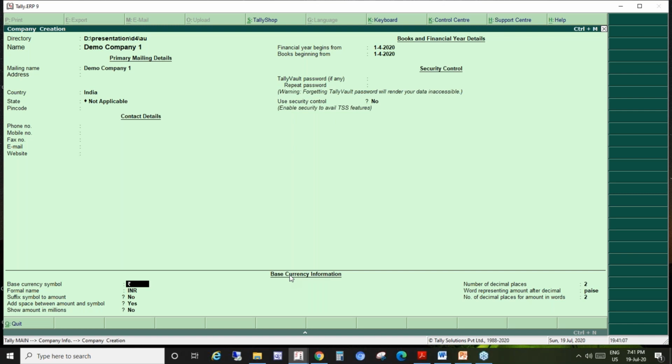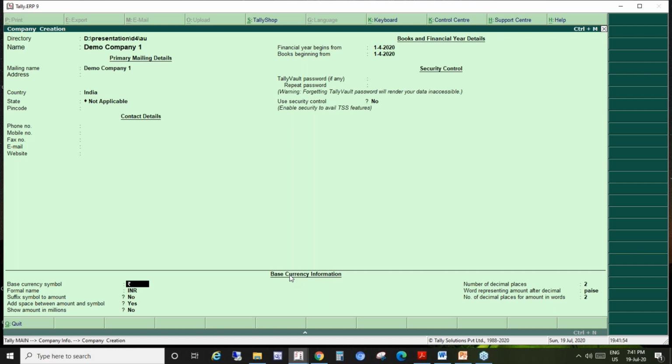But friends, for that to happen effectively, it is also important that the base currency of both the companies should be the same. Many times, before the new rupee symbol came, we used to put only Rs. dot. Those of you who are migrating data from the 7.2 or 6.3 version of Tally have Rs. dot only, with the formal name as rupees. A newly created company may have the base currency symbol as the new rupee symbol and INR. Consolidating both of them is extremely difficult, or rather not possible, because